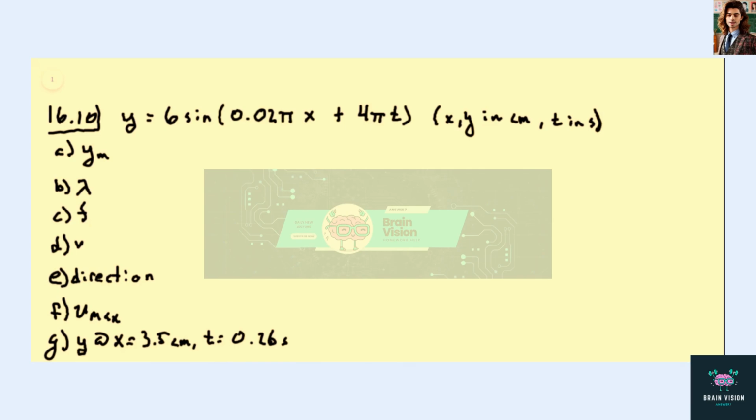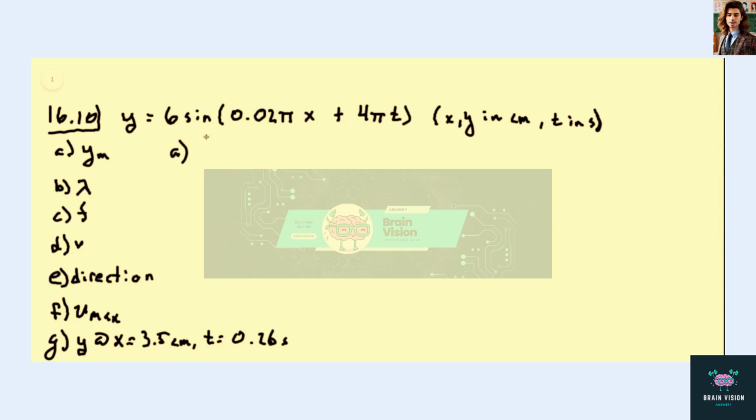16.10. So we're given the equation for a transverse wave on a very long string. Y equals 6 sine of 0.02 pi x plus 4 pi t. Units on these constants are omitted for brevity, but we're told that y and x are measured in centimeters and time t is in seconds. So we can figure out